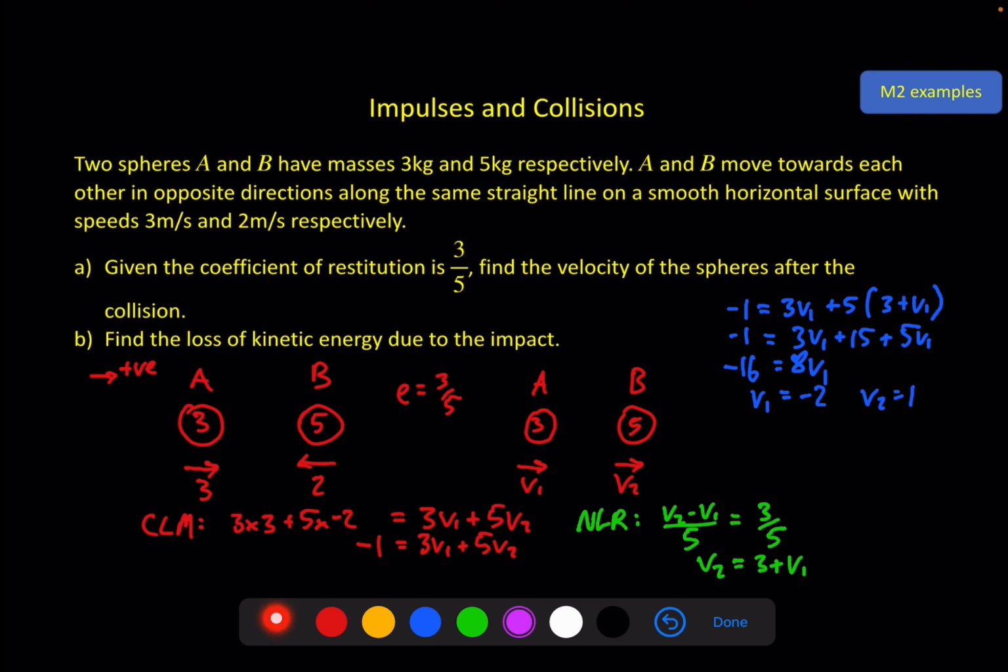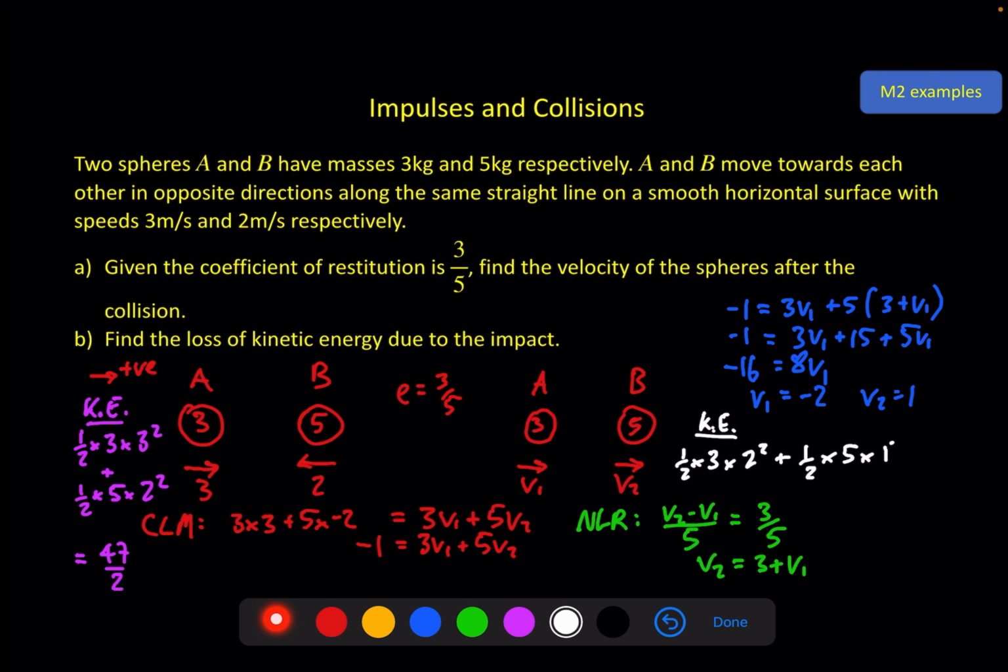the difference between them. Before the impact, the kinetic energy is a half times 3 squared for particle A, plus a half times the mass 5 times the speed squared for particle B, which gives me a total of 47/2. Over here, after the impact, the kinetic energy is a half times the mass times the speed of particle A squared, and v1 is minus 2, so that speed is 2 squared, plus a half times the mass of particle B times its speed squared,